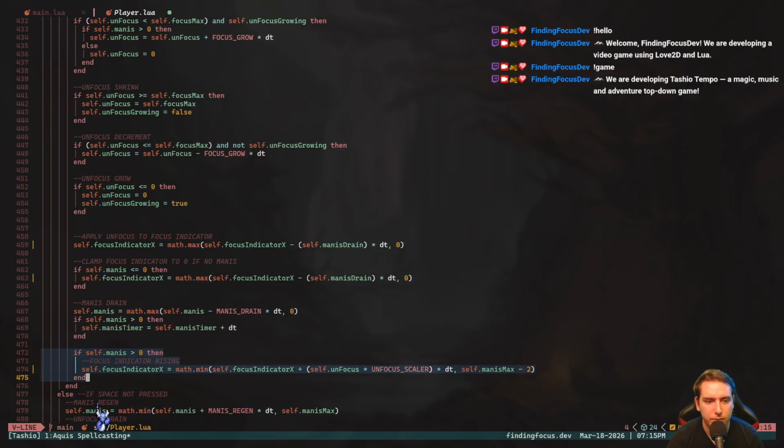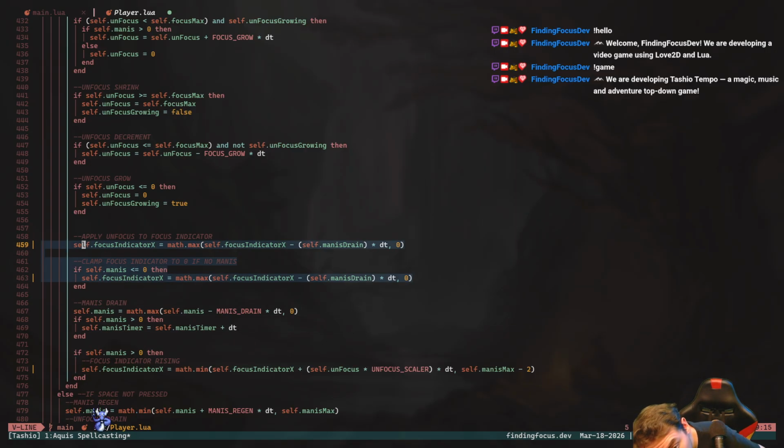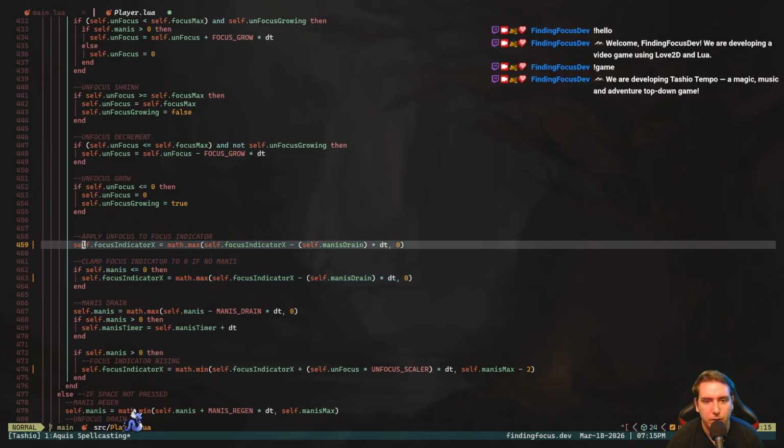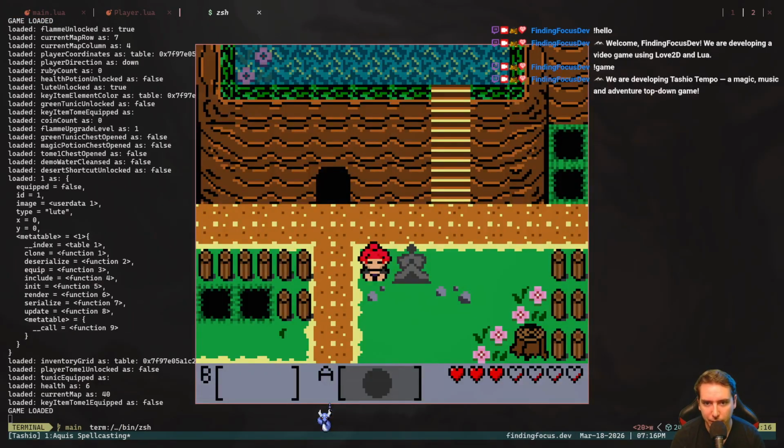If we have manas to do... Okay. So what is this? Okay, so this is clamping, apply... Oh, dude. We don't need this. Why are we subtracting our mana strain? It's a weird way we have done it. And naming it unfocused doesn't help anything either,